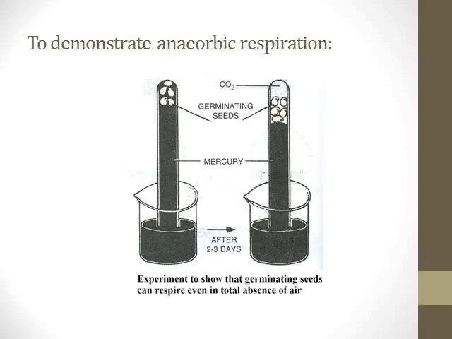Carbon dioxide can be tested by introducing a stick of potassium hydroxide into the test tube, which will float up through the mercury, and on coming into contact with the gas will absorb the carbon dioxide, and the level of mercury will again rise. So this is the experiment to prove anaerobic respiration. Okay, so these are the 5 different experiments that are carried out on respiration in plants.